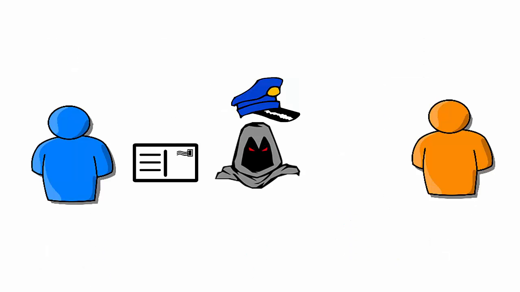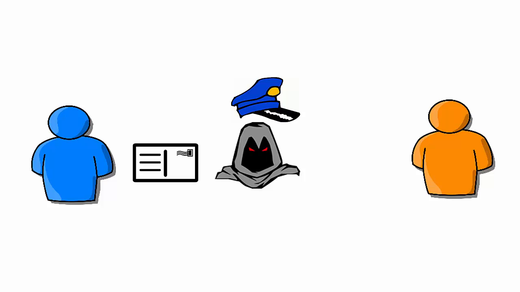This is part of the reason why the postcard analogy works so well, because with a regular postcard, it's not inside of an envelope, so anyone who touches the postcard from its source to its destination can read the contents of the postcard. So if you have an evil postman, as pictured here, who sees your postcard as it goes by, it could copy out the contents of your postcard or make a photocopy of it or read your secret message that you're trying to send your friend.